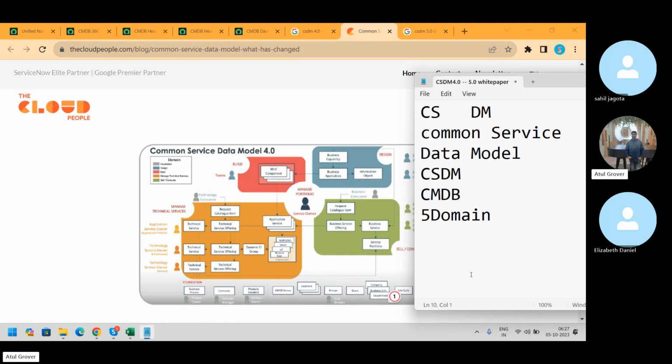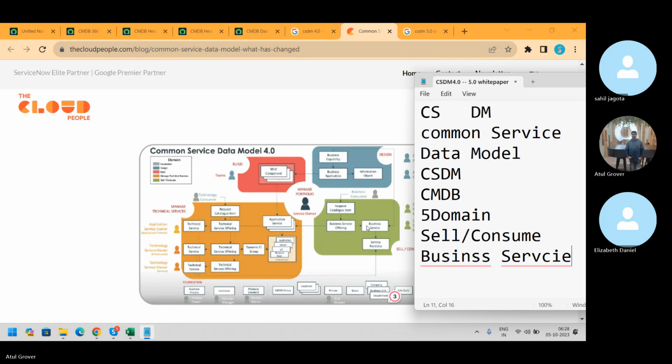Domain number 1, green one. It is called sell and consume. This is for the customers. And here is the concept called business service. What you are selling to your customers is a business